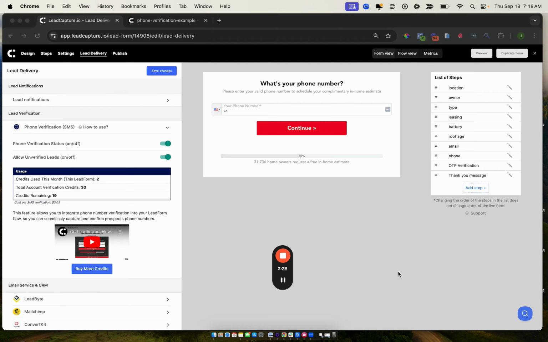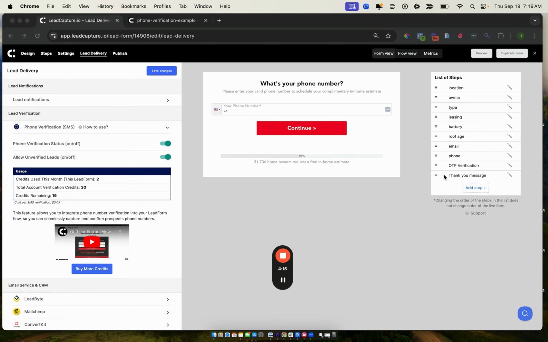The second reason is if someone goes through your form and they submit a phone number that's not theirs and another person's, and that person never consented to hear from you in the first place, then you can land in legal trouble with the FCC if you're blasting people from an automated dialing system or with SMS marketing messages. As you can see, there's a wide range of reasons to use this feature, and luckily over at